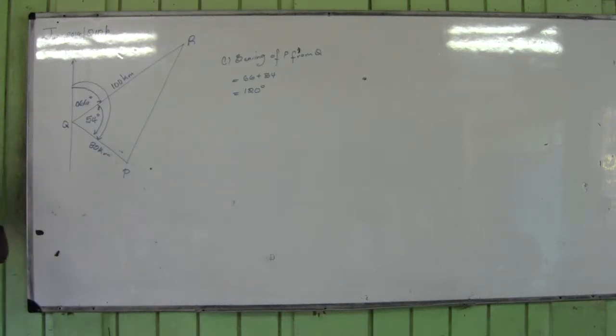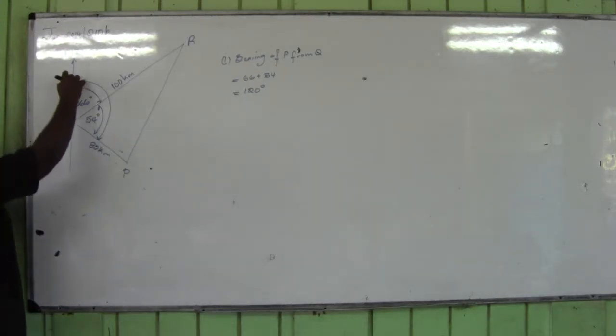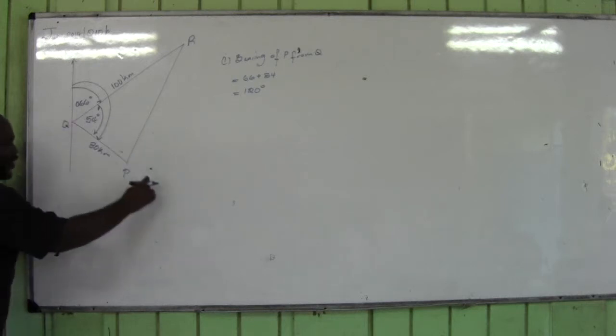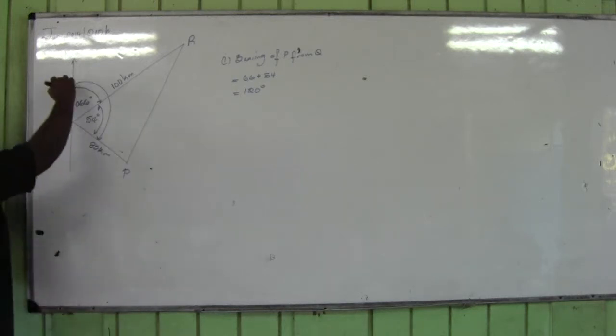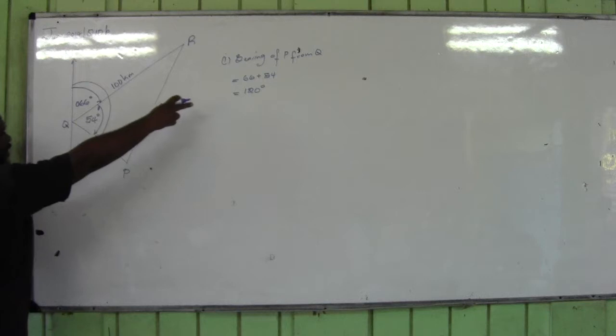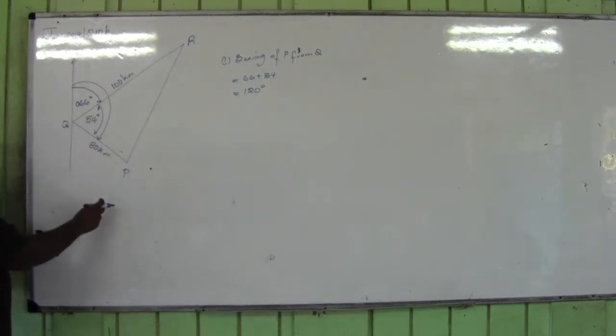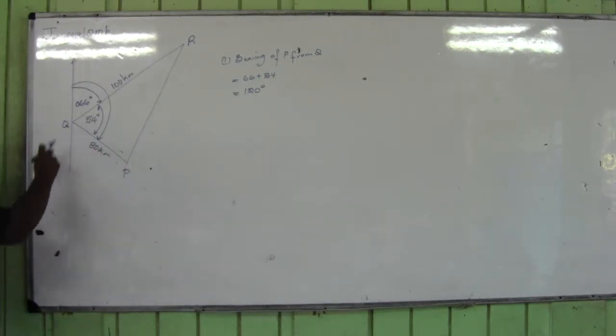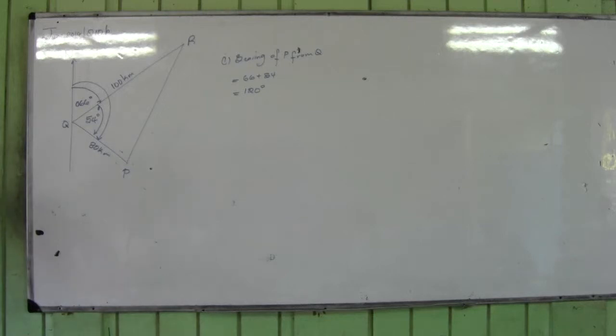So the angle that represents the bearing of Q from P is the angle that starts from north and comes around to the line connecting P and Q. This angle here, 120 degrees, is the bearing of P from Q. Next, we need to calculate the measure of angle